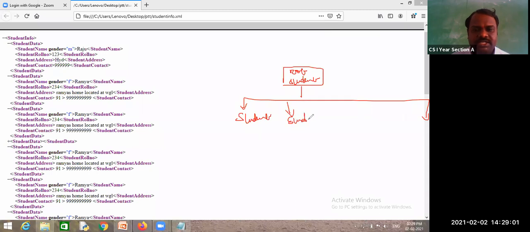These are all siblings with the same structure, and I will prepare only one document for this. What does the student data contain? Name of the student, roll number, contact number, and address. Sorry, address followed by contact number.